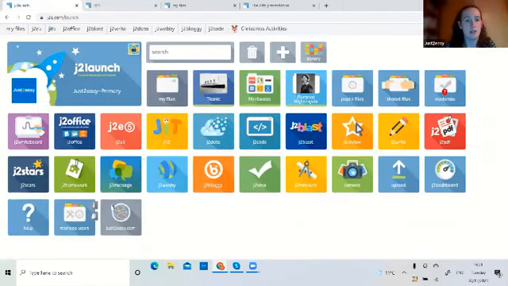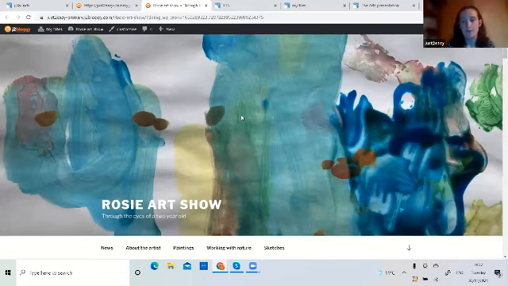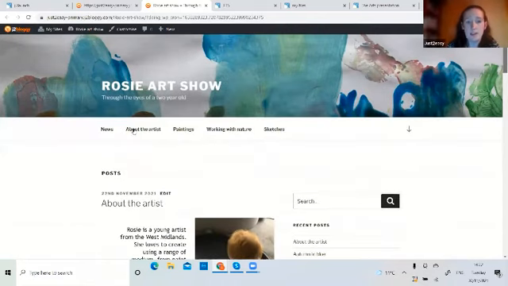So I'm going to come out of this and show you an art exhibition I've already created, because again, this is one that we might want to take a bit of time over. Now, I don't have a class, so I've done one for my 2.5-year-old daughter. This is where we view all our blogs. And instead of creating a new one, I can view Rosie's art show. And exactly like I talked to you about, I have changed the header image to a piece of her artwork.